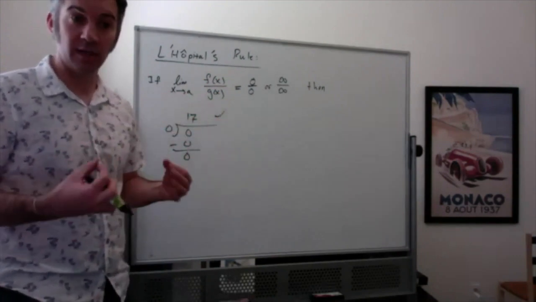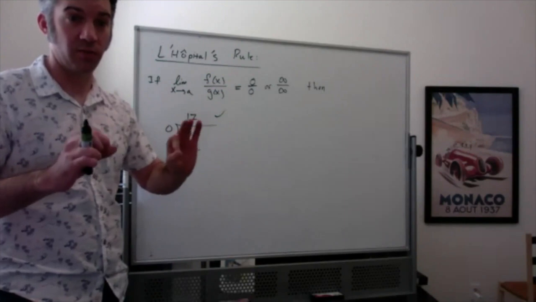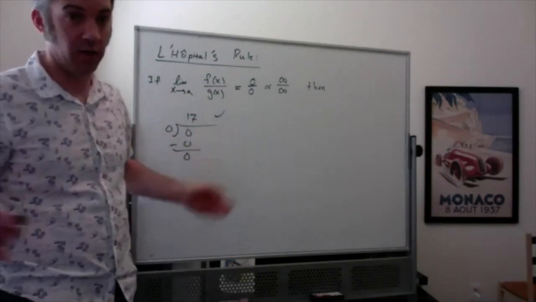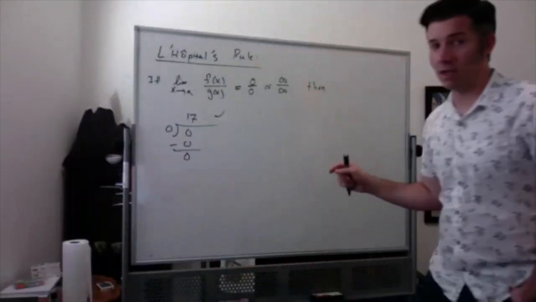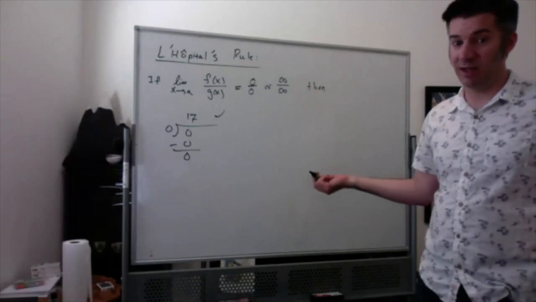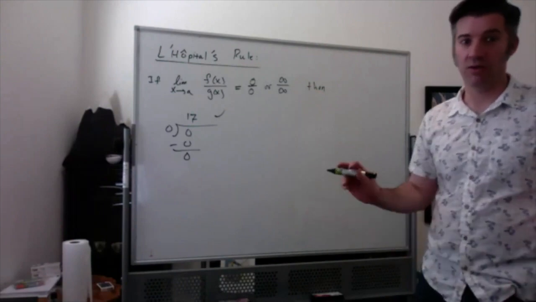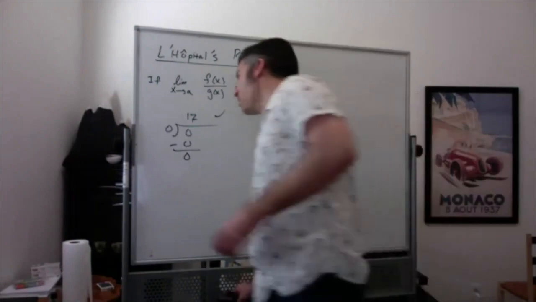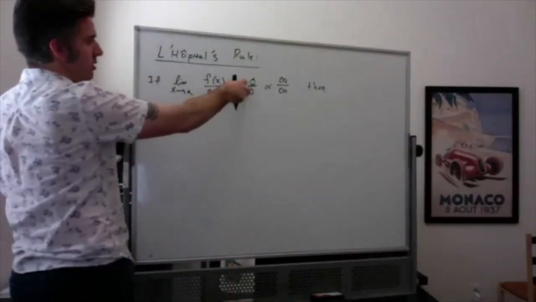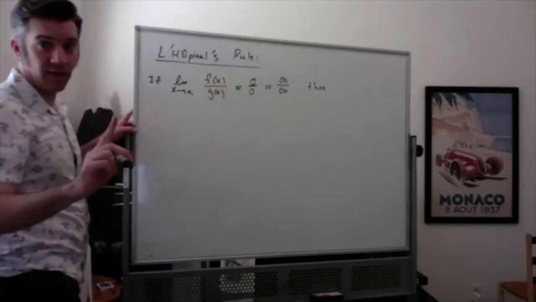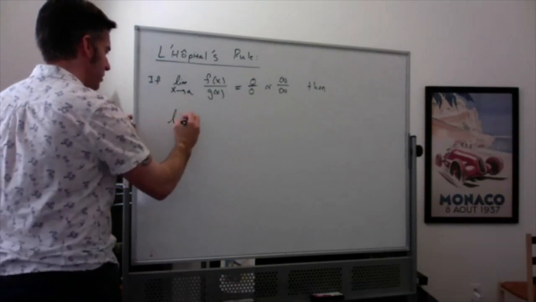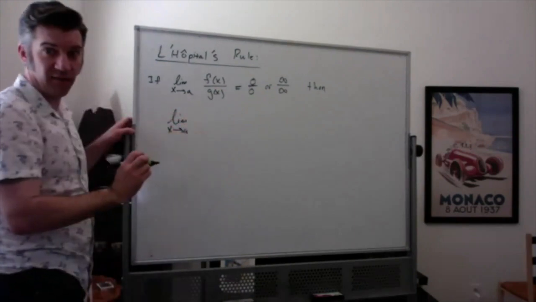That's why it's called an indeterminate form, because it is undetermined what it actually is. It can end up being anything depending on what your functions are. Same is true for infinity over infinity. Infinity over infinity can have any value: as big as infinity, as small as 0, negative infinity, 2, whatever. So if you have a fraction that's a 0 over 0 or infinity over infinity type, then, and only then, you can say that this limit as x approaches a of f of x over g of x